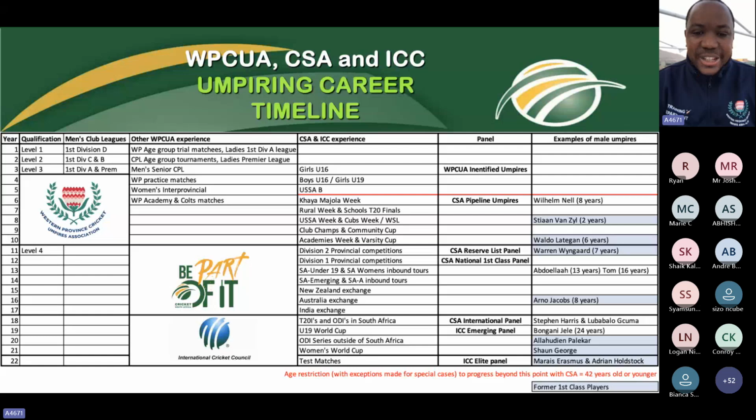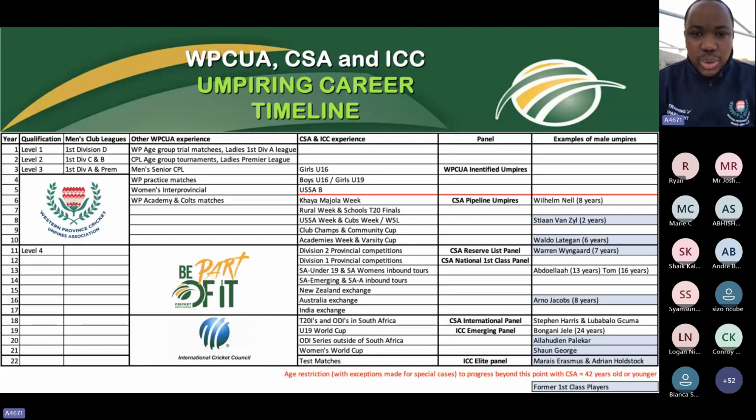It says there's an age restriction to progress beyond this point with Cricket South Africa. If you are 42 years or older, unfortunately, Cricket South Africa will not invest in you. You can still continue as a club cricket umpire, but you will not be eligible for Boys Under 19 week and higher national weeks where Cricket South Africa selects umpires. If you are under 42, when you get to that level, you will go through the various tournaments listed there: